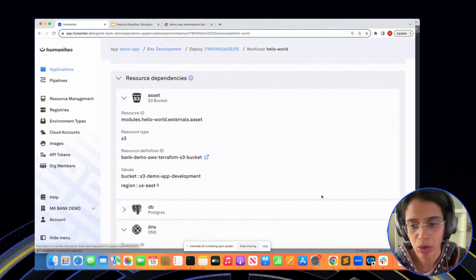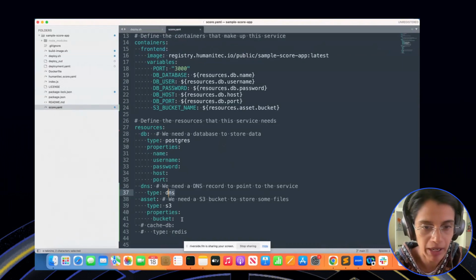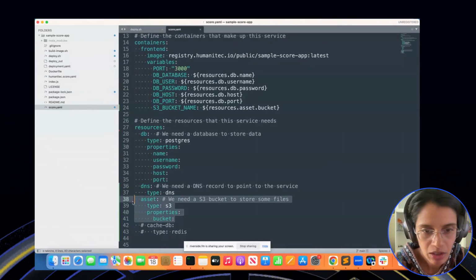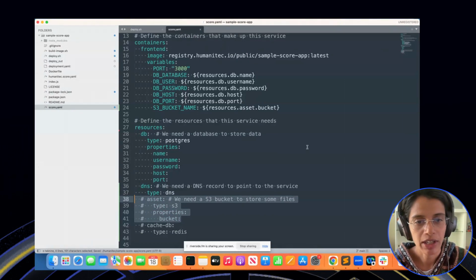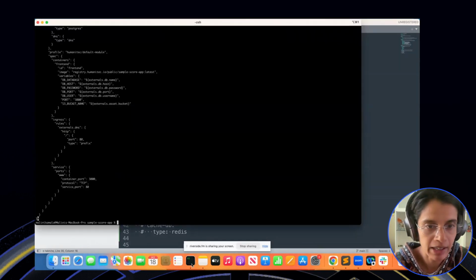So the next step I'm going to do is I will probably remove the dependency on the S3 bucket. Now that I have removed this S3 bucket dependency, I can go ahead and do another deployment, just like what I did earlier. I'm going to run my deploy script again